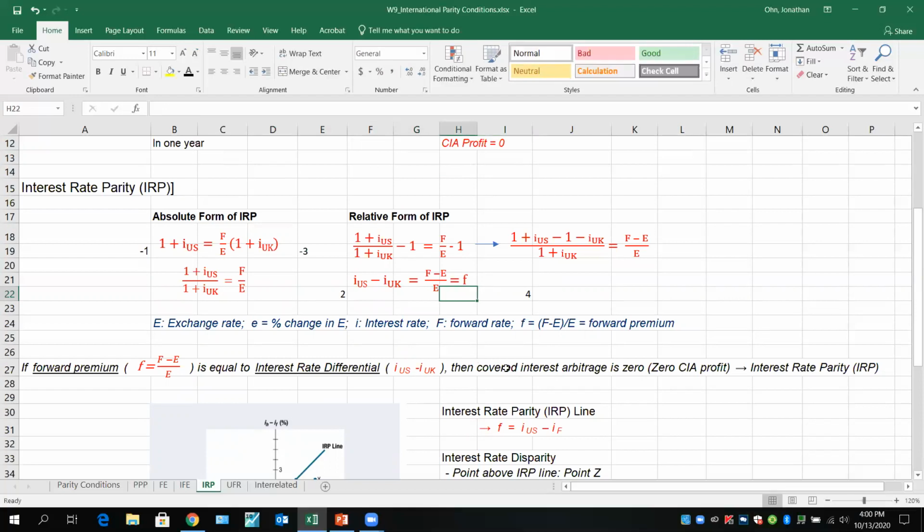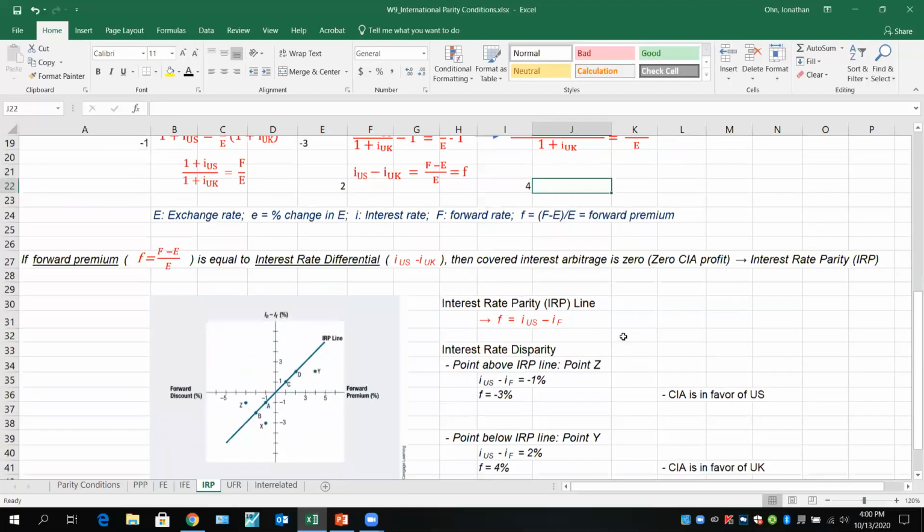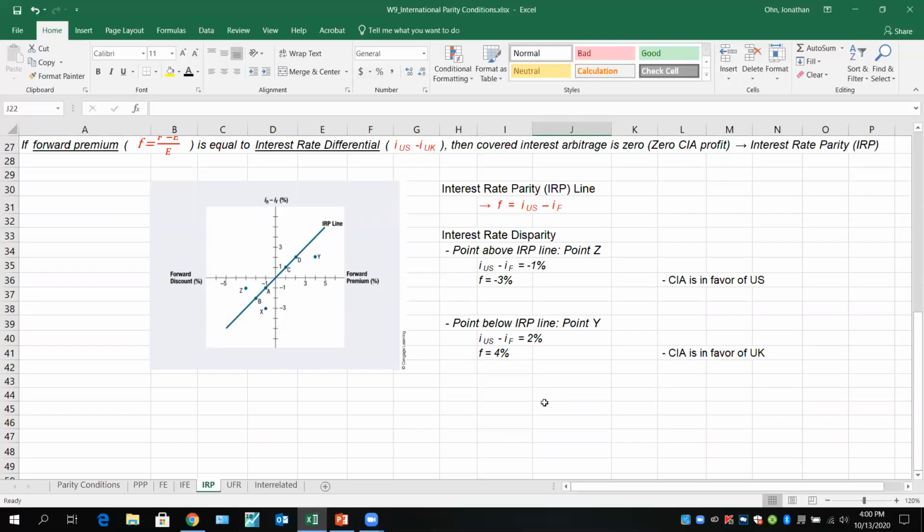What should happen is this one should go down to 2 to reach the equilibrium condition. So how does it go down? Either the forward rate goes down or the spot rate goes up, or both, until the parity is established. All right. So based on this equilibrium condition, you can get some projection about what's going to